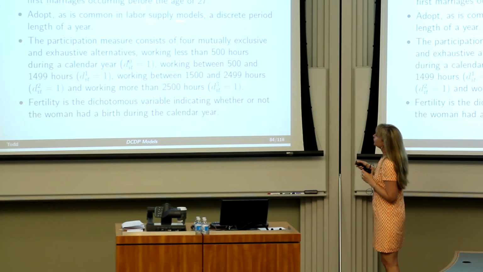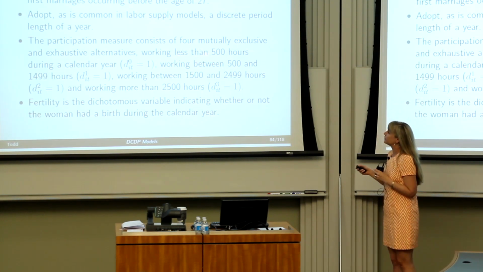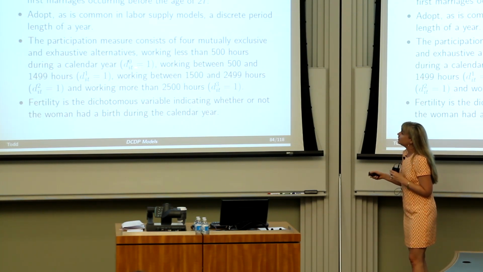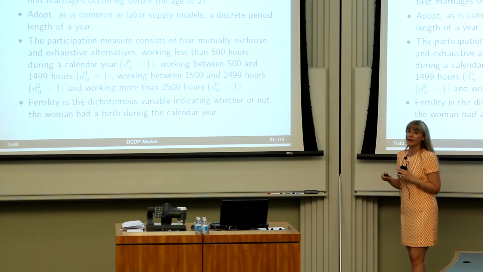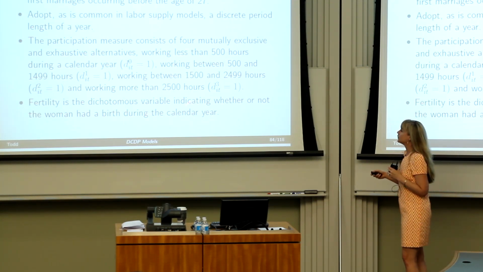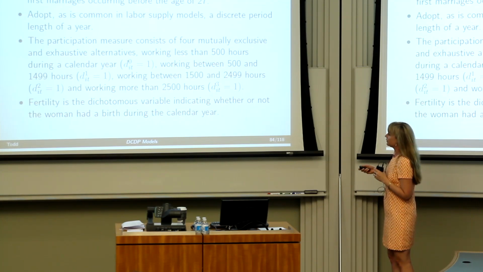That we can assume the modeling period is 1 year because that's the period of the data. And so we're going to not only model whether she works or not, but also how intensively she works. So work less than 500 hours, work 500 to 1499 hours. So these are different working levels, capturing full-time work, part-time work, or no work, to make it more realistic. And then fertility is going to be whether she had a birth during the calendar year,